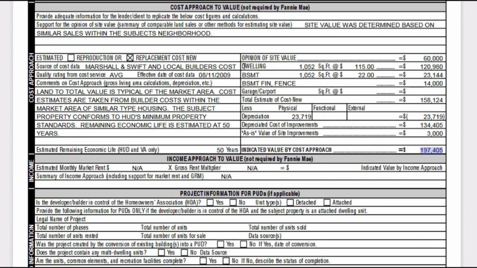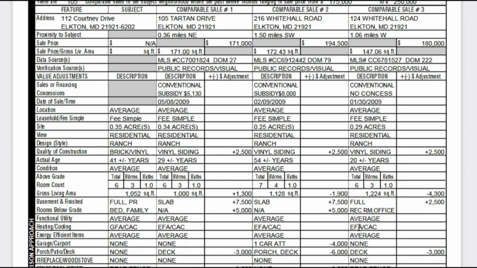The same thing with the cost approach. Something like this can definitely be automated because it can be connected with Marshall and Swift, and everything can be sped up and done by software. So I hope this gives you a better idea of what Voxtur is trying to do, and how it can save appraisers time. Now, I'm not saying that everything can be completely automated and perfect, but it can save significant time so that the appraiser can focus on the most important parts. And let's say if one sale doesn't work out, with a click of a button, he can throw away one sale without manually deleting these individual boxes, can choose a different comparable, and a lot of this data can be